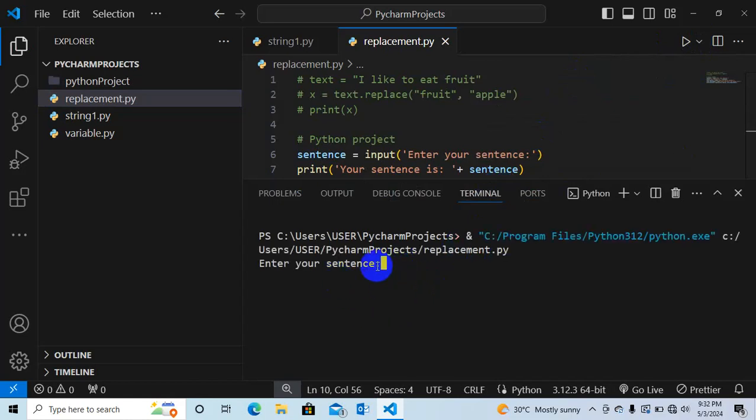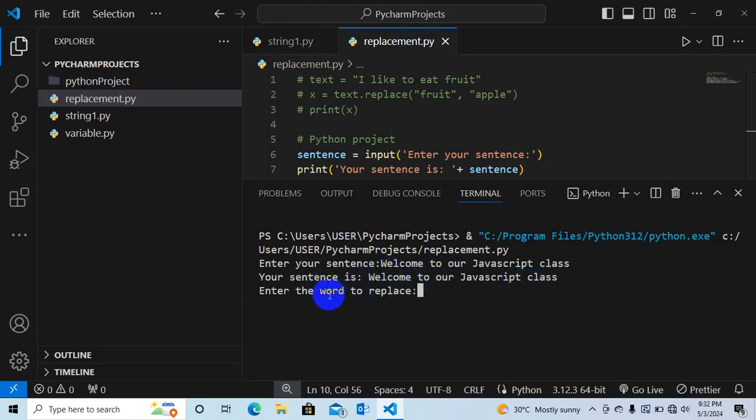They say we should enter the sentence. I'll say, welcome to our JavaScript class. They say, the sentence is welcome to our JavaScript class. Enter the word to replace. The word I want to replace is JavaScript.